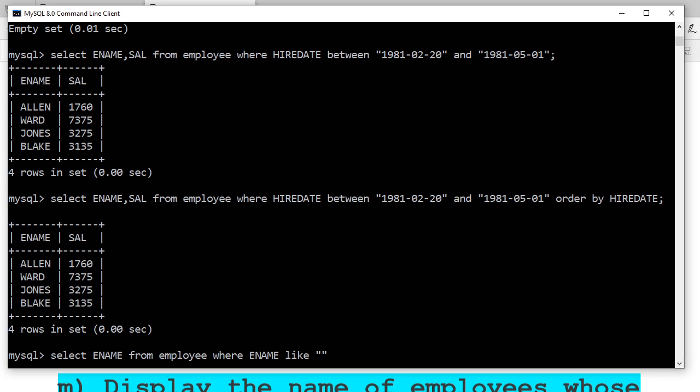We need the third character as A. So what am I going to write here? Underscore underscore A percentage: first character, second character, third character, and then any length. This is the pattern.